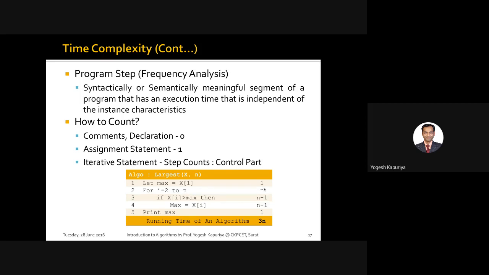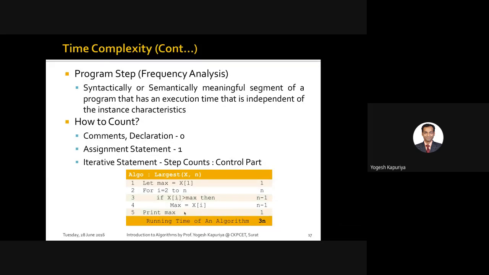So this is n minus 1, multiplied by, again this is an assignment, so it's plus 1. So n minus 1 into 1 comes out to be n minus 1. Again assume that your array is sorted in ascending order, so every time you will find that this particular statement is true.